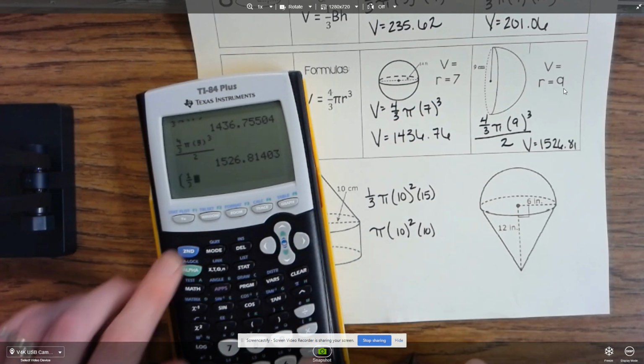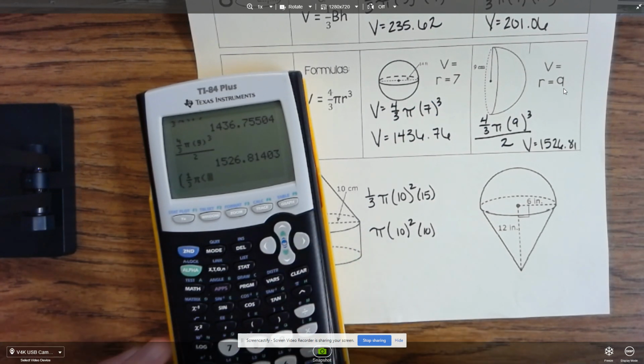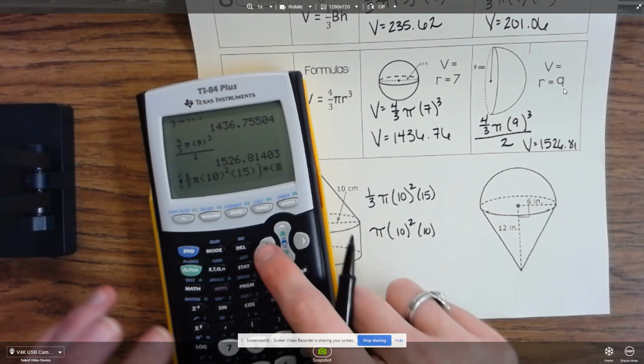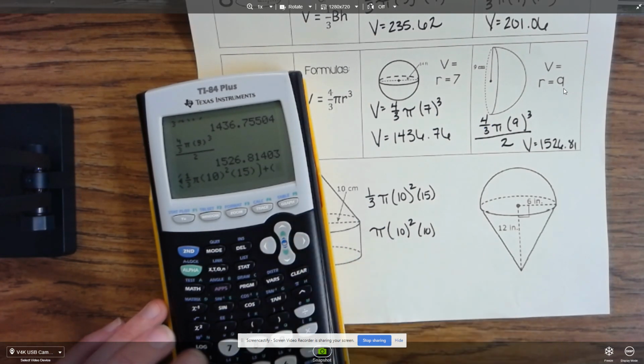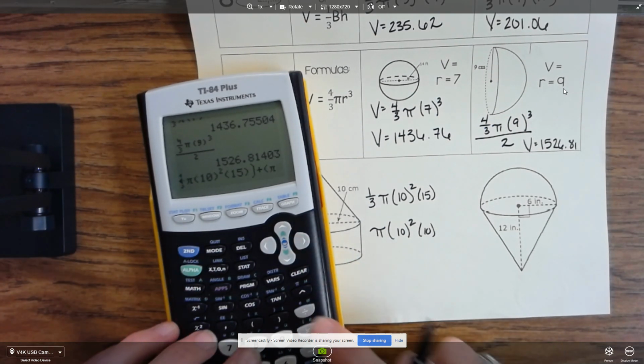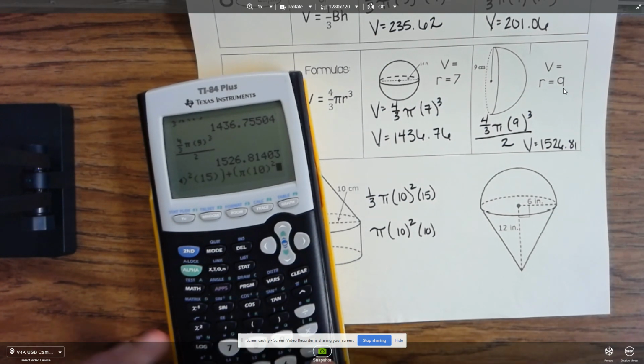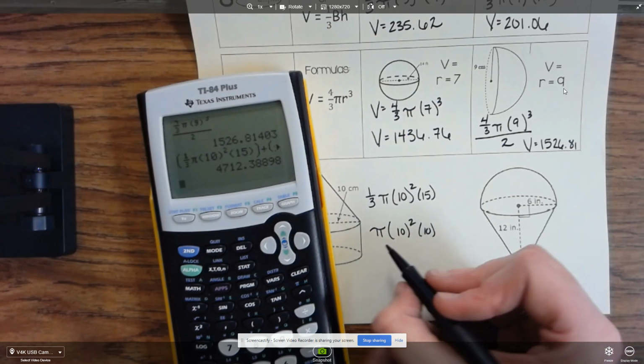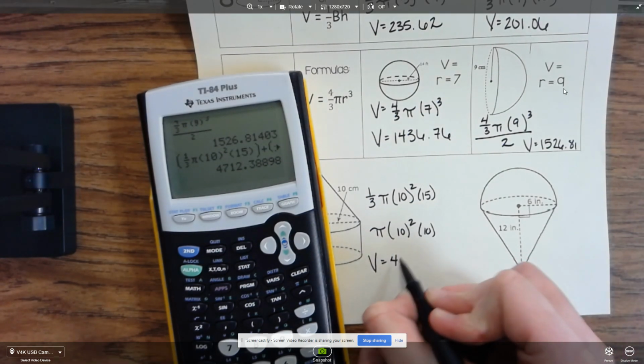Make sure to use your parentheses so order of operations does not get confused. Oh, we add them, sorry. And so for this one, we get a volume of